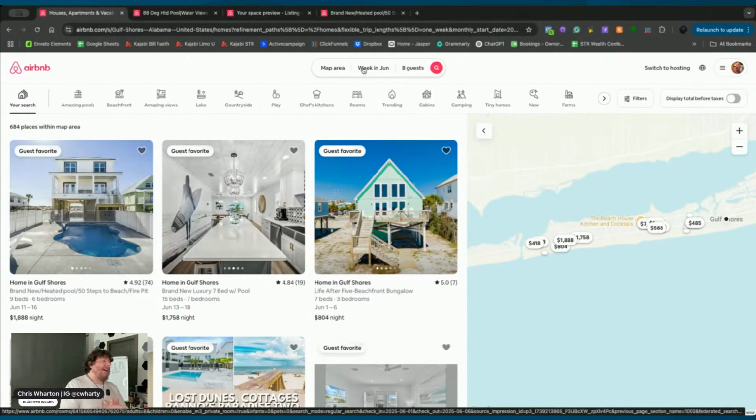So you're always being incognito. I'm not right now, which is why I'm seeing a lot of our properties at the top. It always likes to do that. But